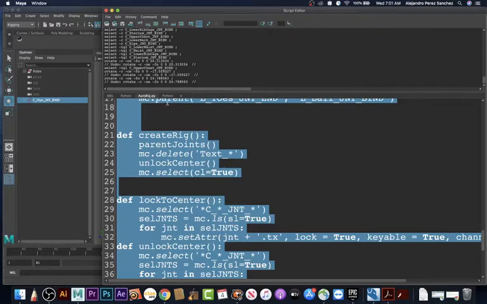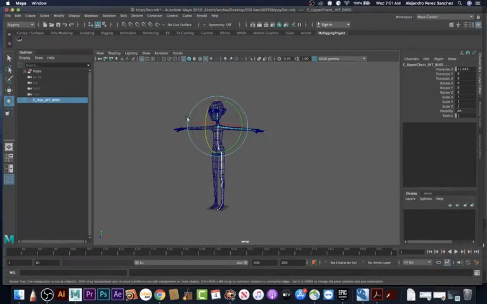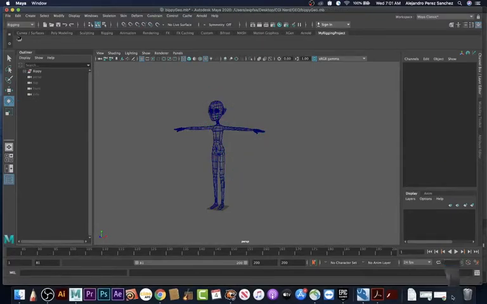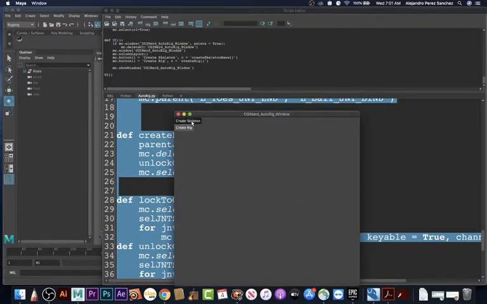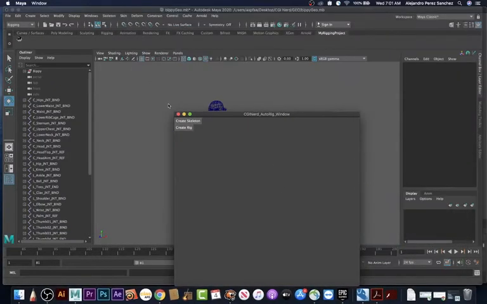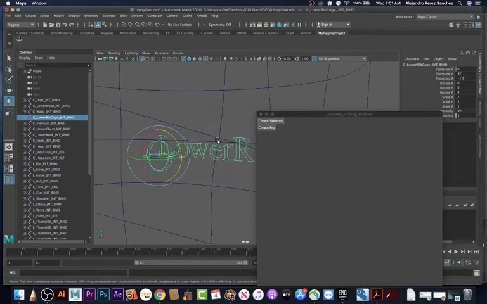So let us delete this really quick. And then run this one more time just so that we can get the first part, the skeleton. So what we can do to actually get the orientation to work pretty good for us